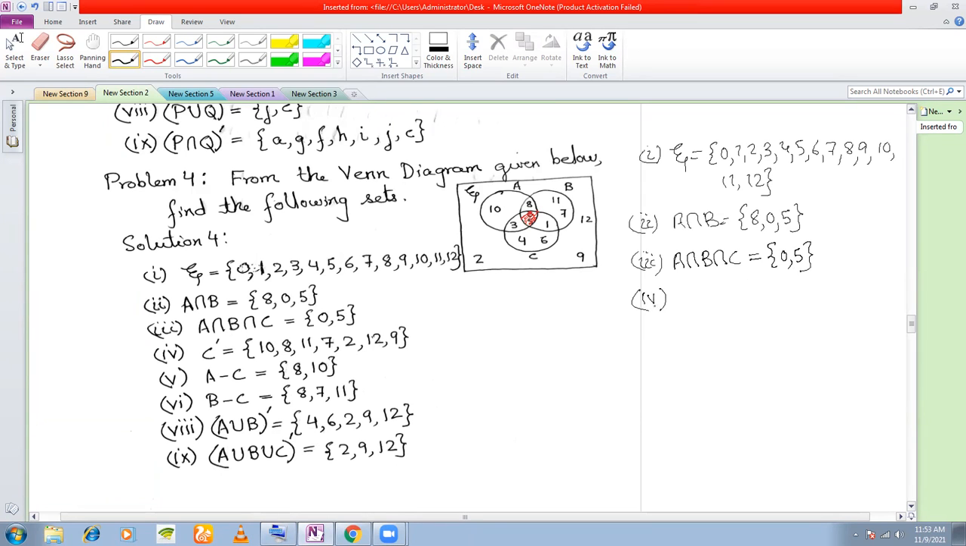Number 4. Next, C complement. Okay, which portion represents C complement? All the elements that are outside the set C, which are not there in C. So which part represents C complement? This part. Right? This part represents C complement, except the circle C, all the elements. So you can see that the elements that are not there in C are